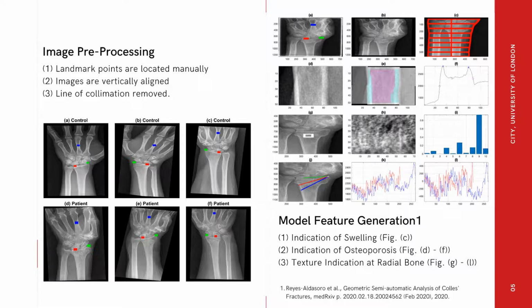Once the images are processed, various measurements to indicate the wrist swelling, osteoporosis, and texture conditions at the radial bones are generated. The detail and the rationale behind these measurements can be found in the reference paper listed below. And in this reference work, swelling and more significantly, texture features were found to be important for Colles fracture treatment